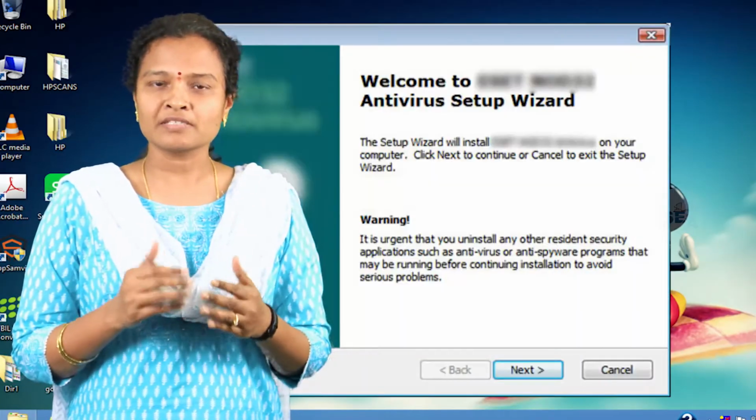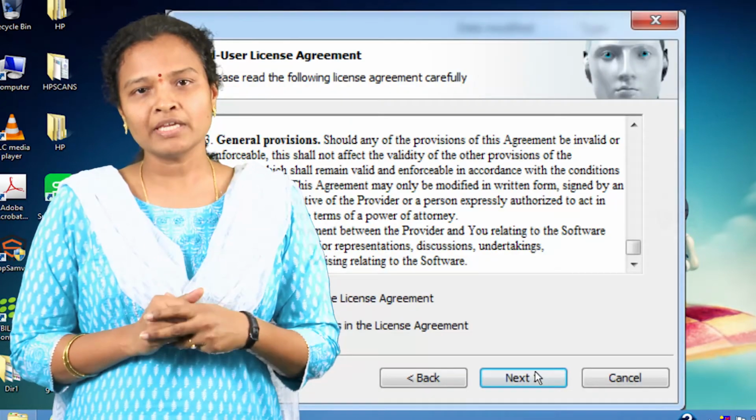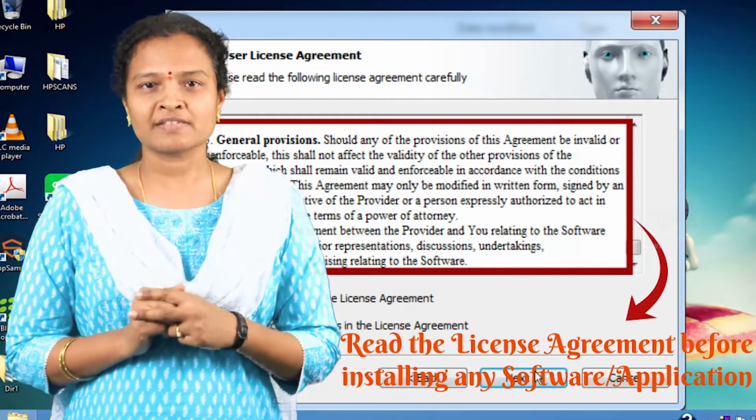It means if you are trying to copy it to any other devices apart from what it is installed onto, then what are the clauses available and how they will be taking action against you. So to protect from all these things, every software will be including the end user license agreement.